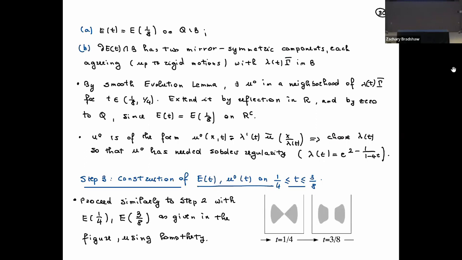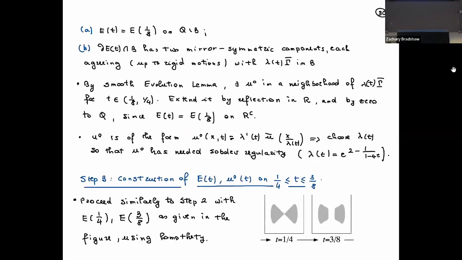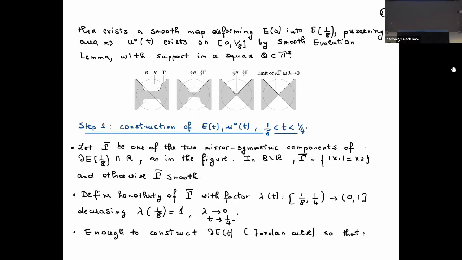Okay, and I will construct the curve here, but then of course I have to close my sets, and I will do it in such a way that, first of all, the boundary of the entire set is a Jordan curve. Moreover, I want to preserve the size of the set, and I want things to happen only in the neck. So I do not want to change what happens outside of the ball. Okay, so that nothing will change here. The reason for that is because I will construct my velocity field inside the ball, the disk B, and then I will just take the do-nothing flow, say velocity 0 outside of it.